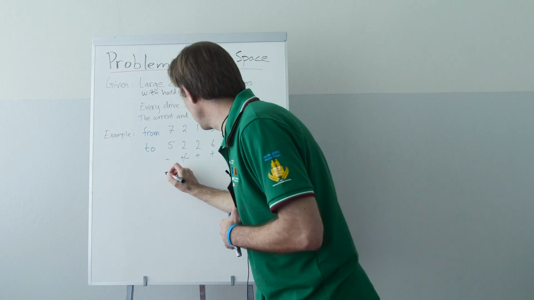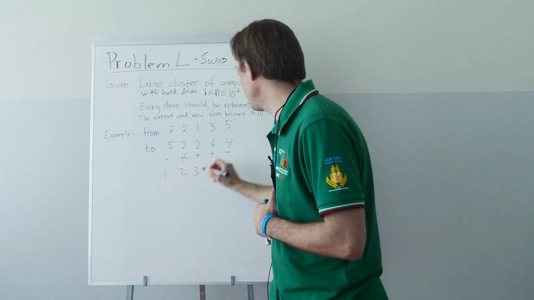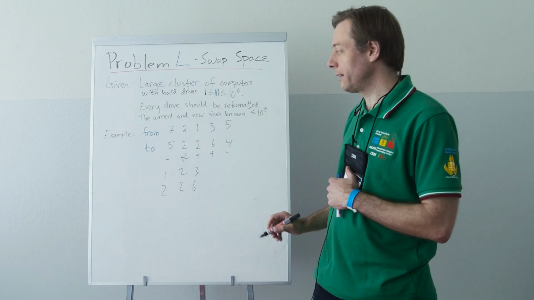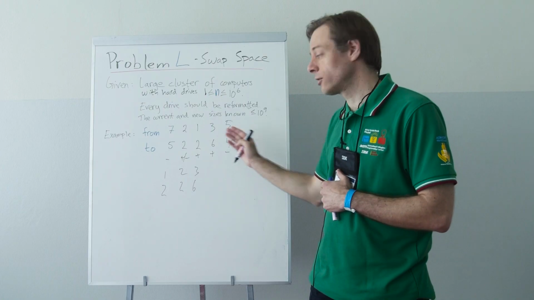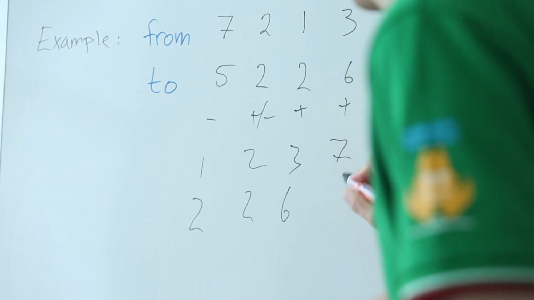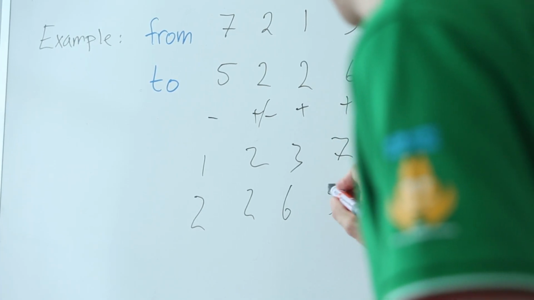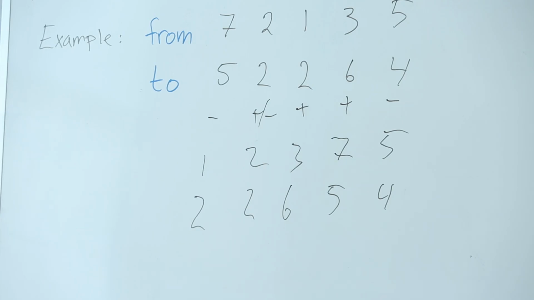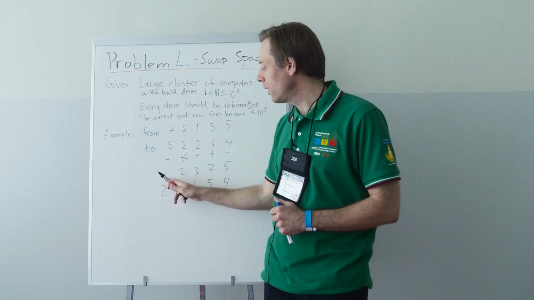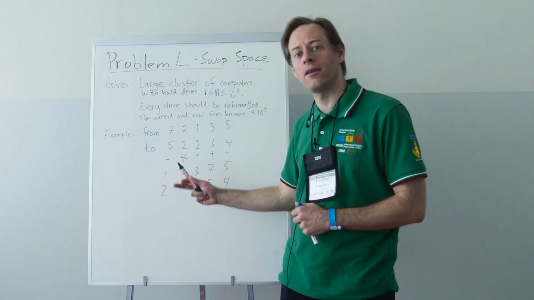So we have 1, 2, and 3. And they have the new sizes like that, and then we sort the decreasing drives from the largest to the smallest. And now we need to figure out how much extra swap space we need in order to be able to swap out the content of the current drive and then be able to reformat it